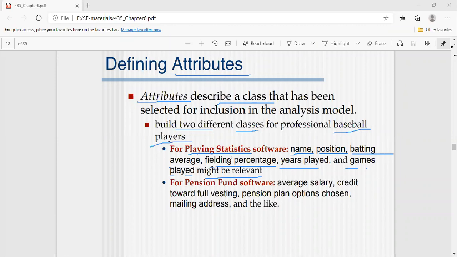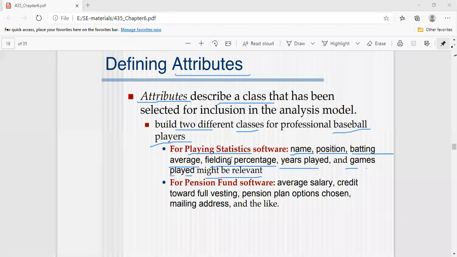What is the class name here? Playing statistics. For playing statistics the attributes are name, position, batting average, fielding percentage, years played, and games played. These are all relevant attributes to this class.